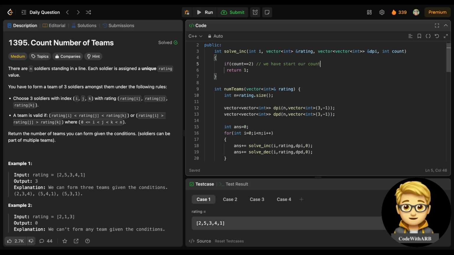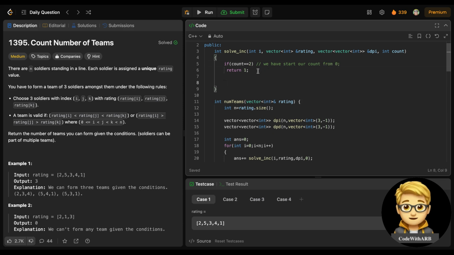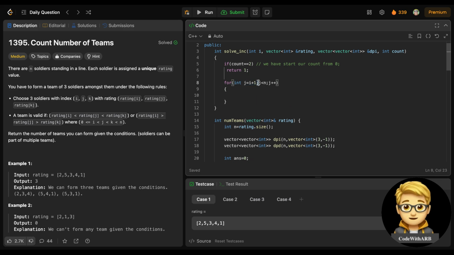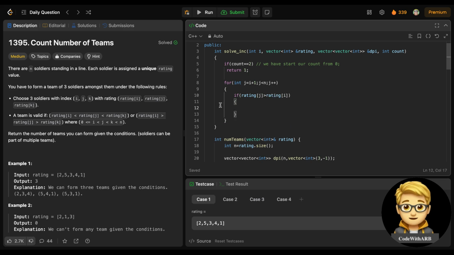Our count starts from 0, right? That's fine. After this, we are again checking each and every number by excluding and including, so we will start from i plus 1 till n, right? It will check each and every number for this i. Whenever I call this recursion function again, when this rating j is greater than the current rating i, if the condition is satisfied, we will